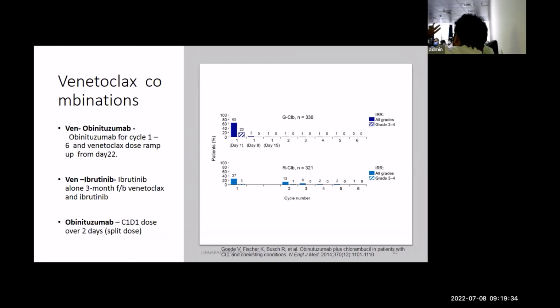The third drug is obinutuzumab. Obinutuzumab is a second generation of rituximab. Important: the only important toxicity that you have to remember is infusion reactions. I have given this data from the obinutuzumab-chlorambucil paper, and this is the comparison of rituximab and obinutuzumab. All of you might have witnessed rituximab infusion reactions many times.